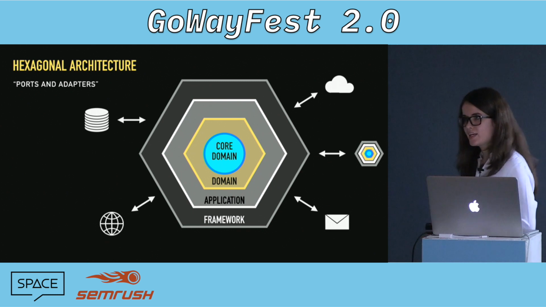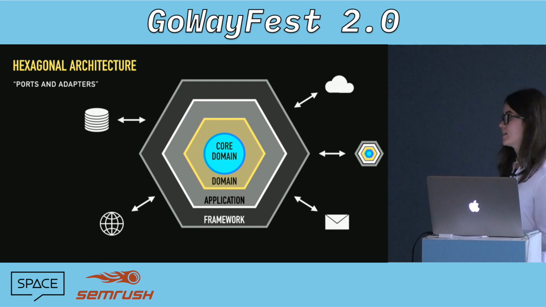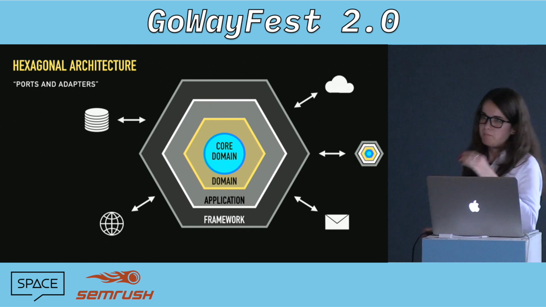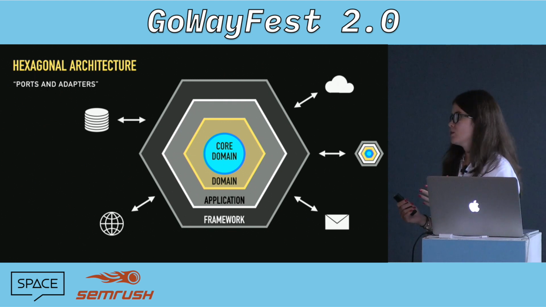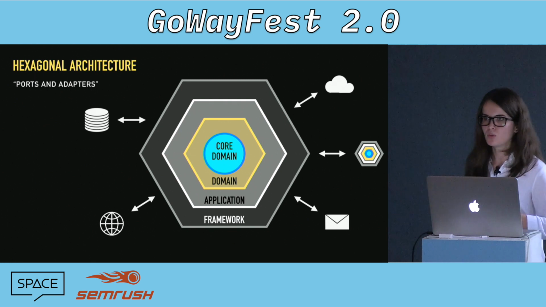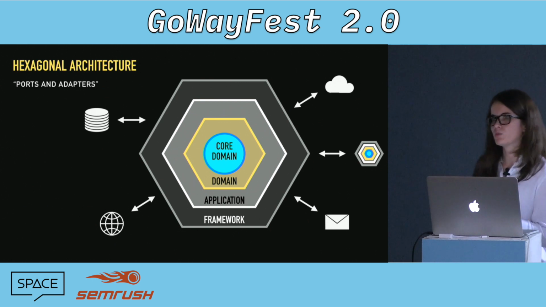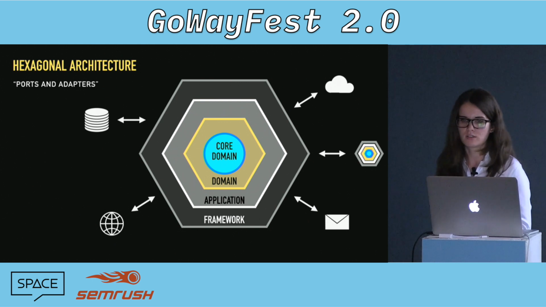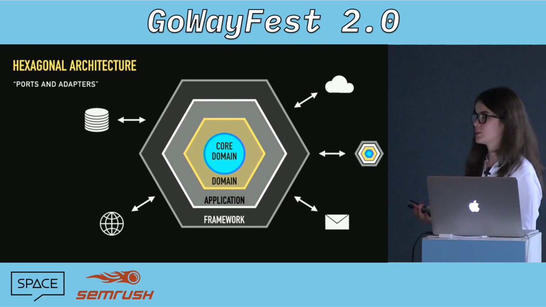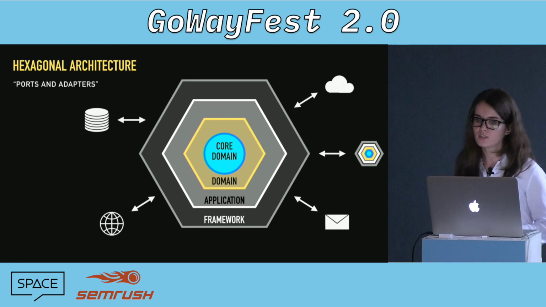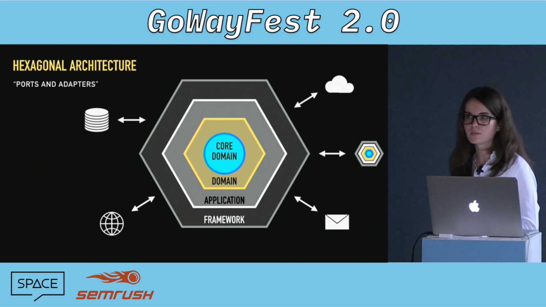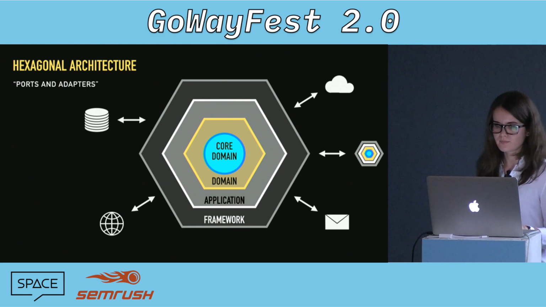So there is something that can help us with that, and that is the hexagonal architecture. In a nutshell, it's all about starting to distinguish in your app what forms the core domain and what's an external input or output in your application. So external inputs and outputs can be your external APIs that you talk to, your databases, any cloud services, any mail services, and so on and so forth.